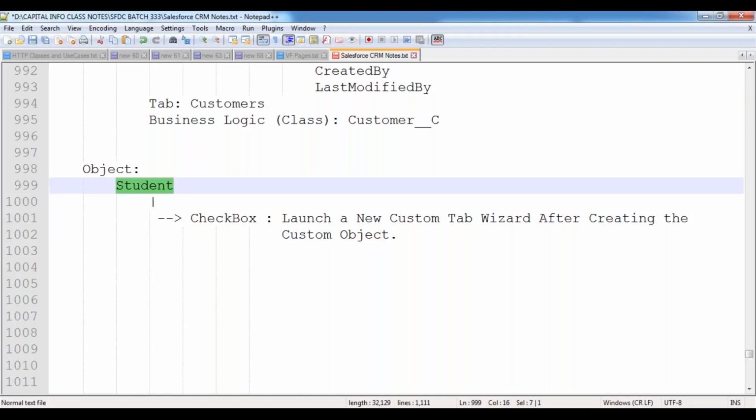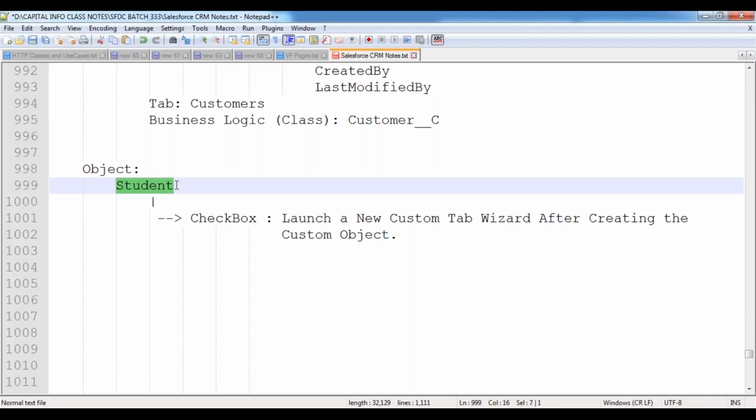Now let's come to a scenario. Six months back, my client asked me to create an object with the name student. But he didn't want the tab. He told me there is no need to create the tab, just create the table for me, that is sufficient. I don't want the tab because I have a tool, and with that tool I will manage the records. So based on the client requirement at that time, I created the object without the tab.